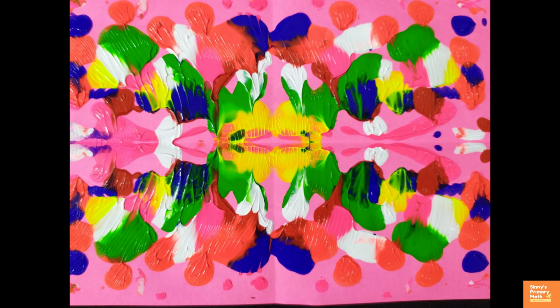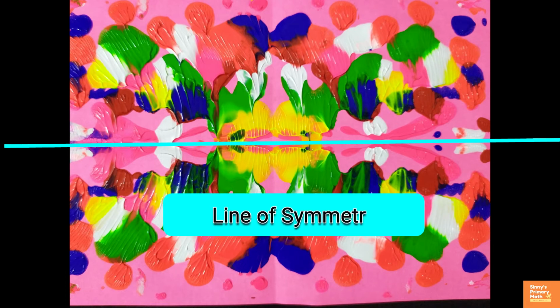If we could fold a picture in half such that the left and right halves match exactly, then the picture is said to have line symmetry. We can see that the two halves are mirror images of each other. If we place a mirror on the fold, then the image of one side of the picture will fall exactly on the other side of the picture. When it happens, the fold, which is the mirror line, is a line of symmetry for the picture.